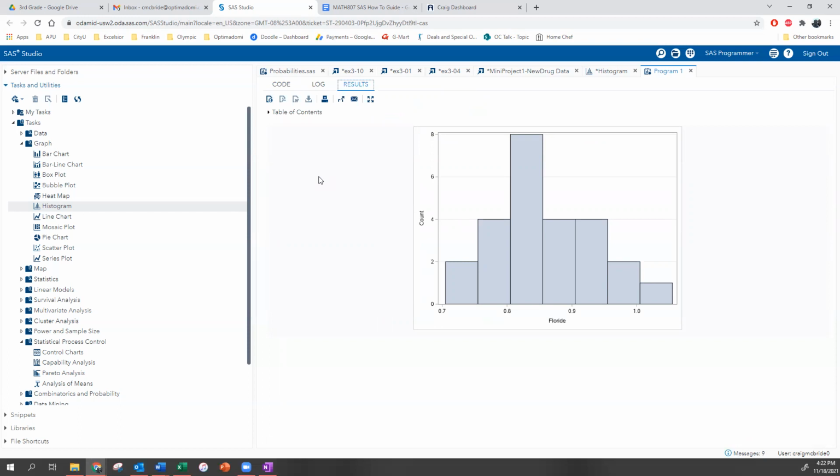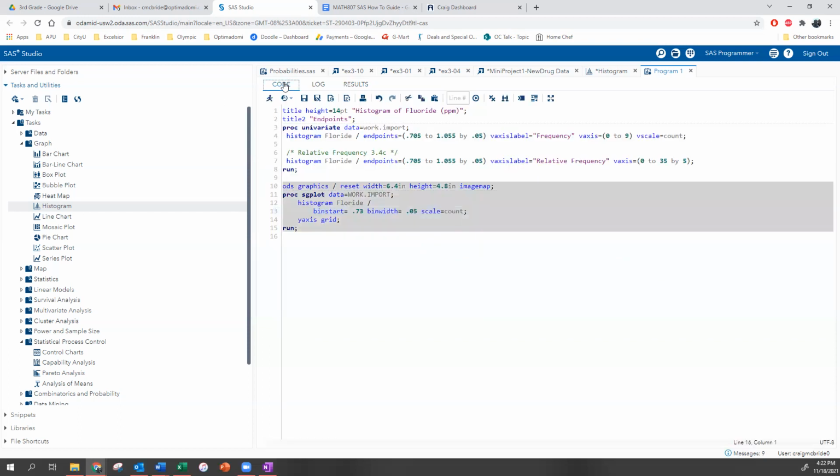So that's how you could make yours look exactly like mine, but it's not necessary, right? You don't have to make it look just like mine. Okay, because I'm almost done with my assignment. Yeah, no, you're fine. You're fine. You're fine. I just like to point these things out because